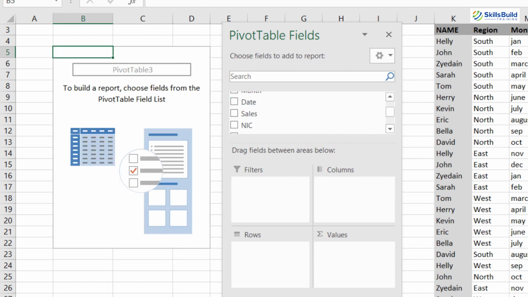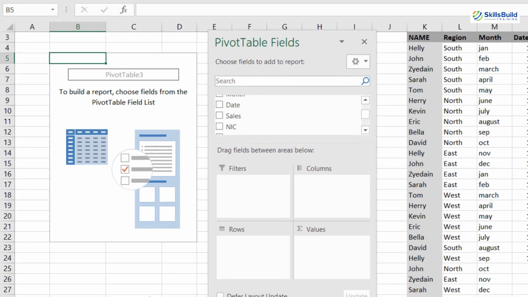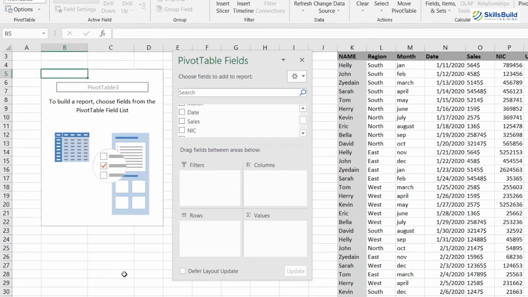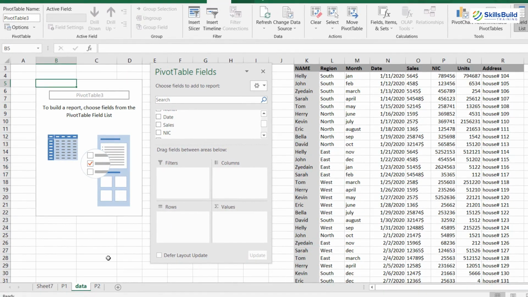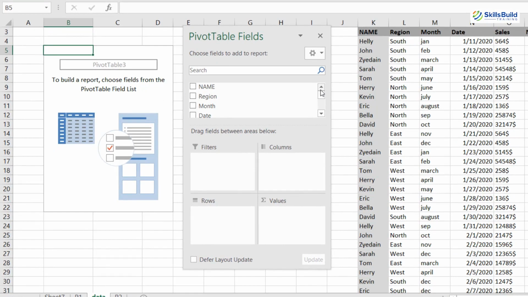Now let's suppose I want to use this data and arrange and summarize it in such a form that I can read it easily. I have all these attributes here: fields, filters, columns, rows and values, and I'm going to arrange my data using these fields.